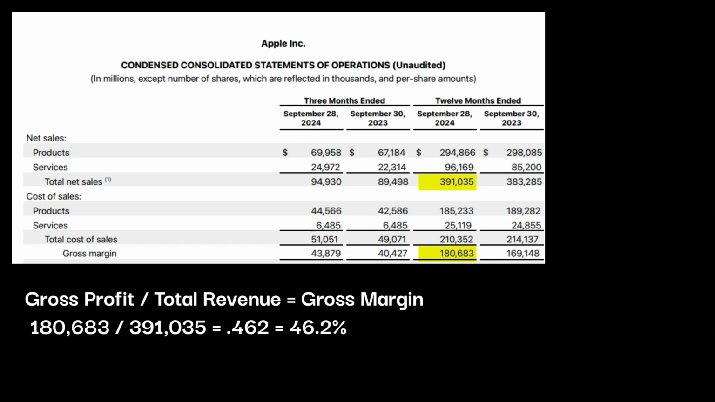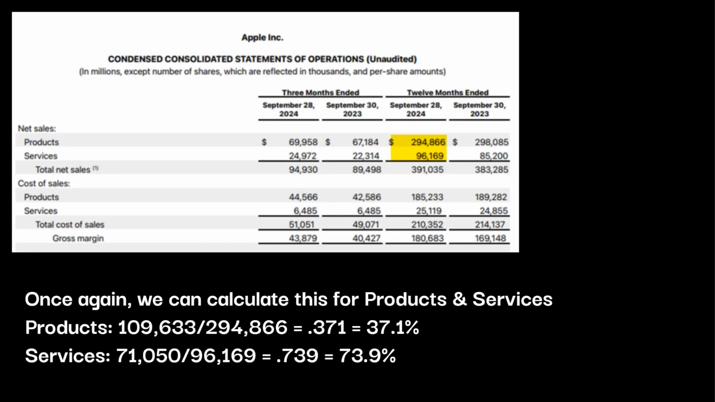All right, so gross margin is going to be your gross profit divided by the total revenue. So we can do this pretty easily. We take 180,683, we divide 391,035, and you get 46.2%. And once again, we can calculate this for both products and services. So products is 109,633 divided by 294,866, you get 37.1%. Whereas services, right, 71,050 divided by 96,169, you get